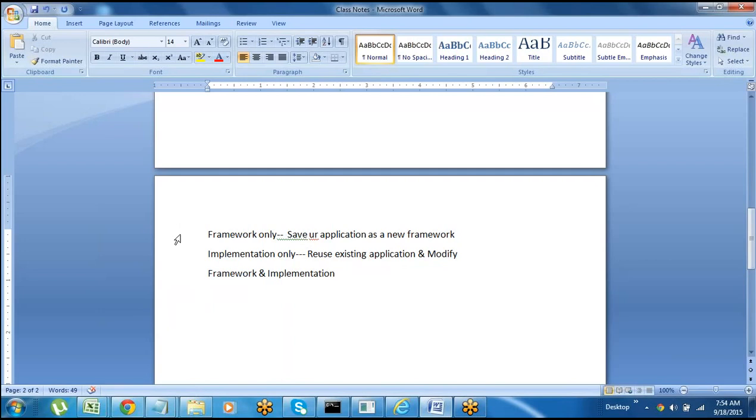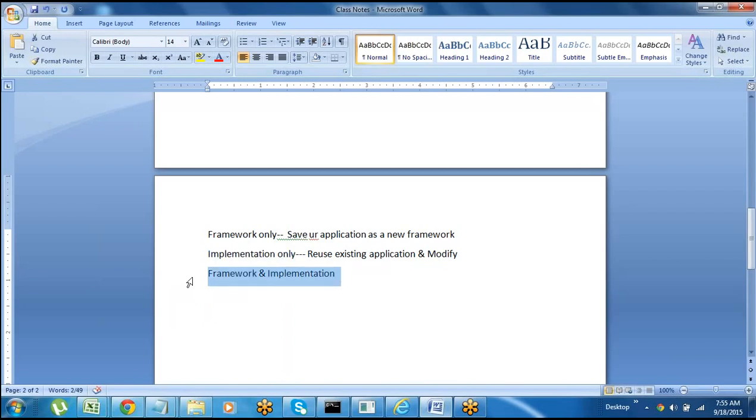But the options will be given sometimes. Only if you want to save your application as a framework, you can go with that option. And if an existing framework is already there, and you want to reuse that application and modify a few things in it, you'll go with implementation only.